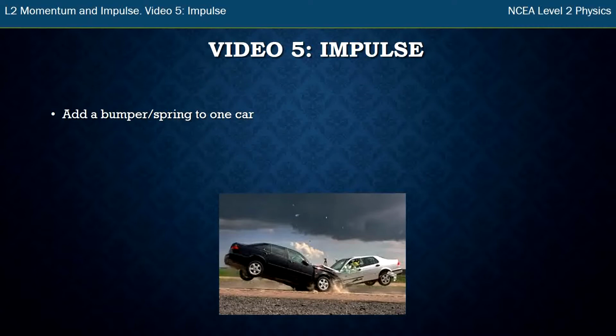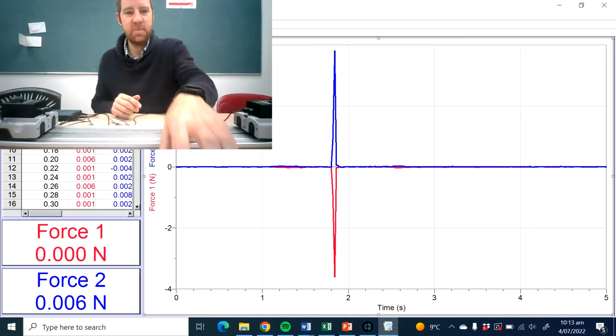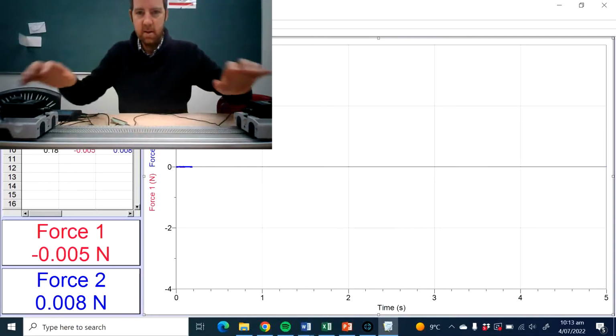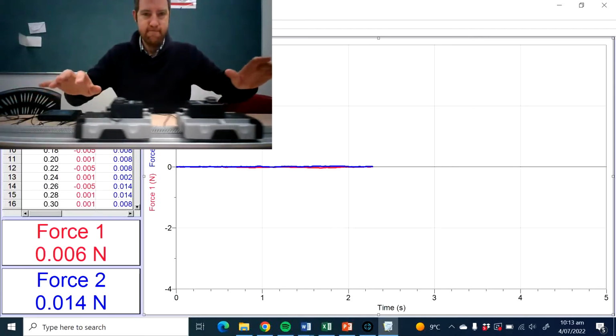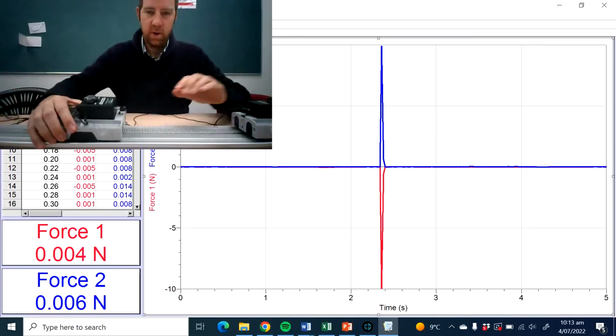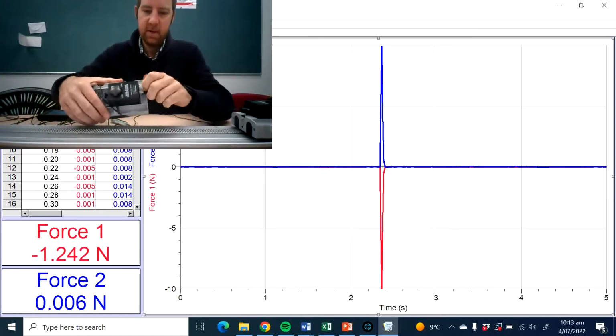So we're going to look at another little collision, and this time I'm going to add something to one of the cars. I'm going to do the same experiment again from the start, where they have the same masses and the same speed. So here they come. And what you notice is they've got bumpers on the front. I'm going to take one of the bumpers off,